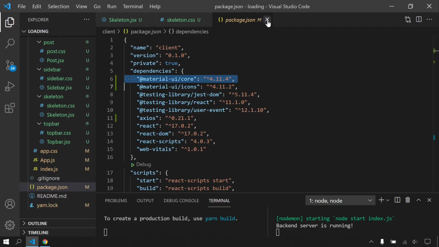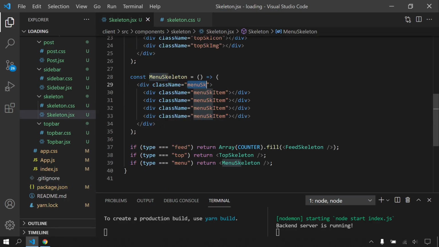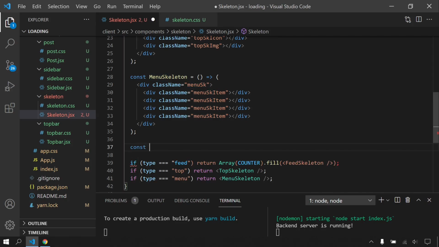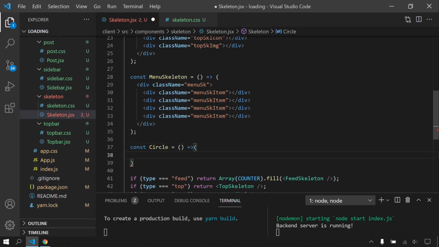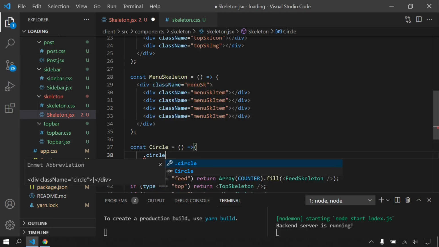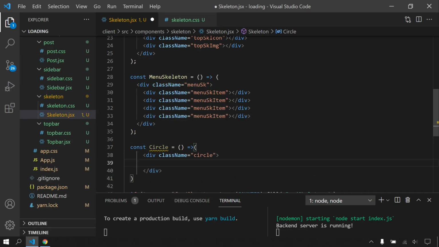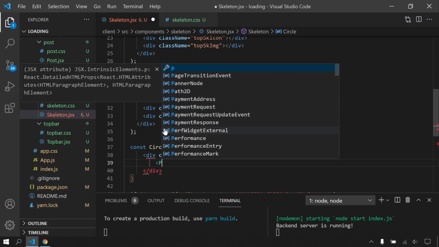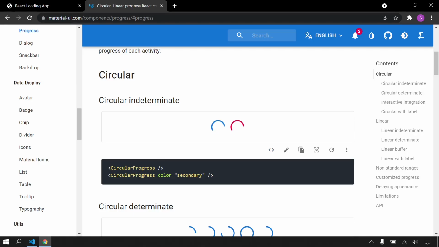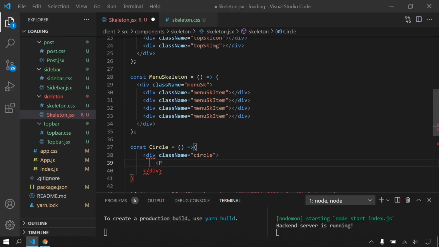Let's call this progress bar, but before that I will create another component, const circle, and there will be a circle container, and inside I'm going to call my progress bar. What was the name? Circular progress.